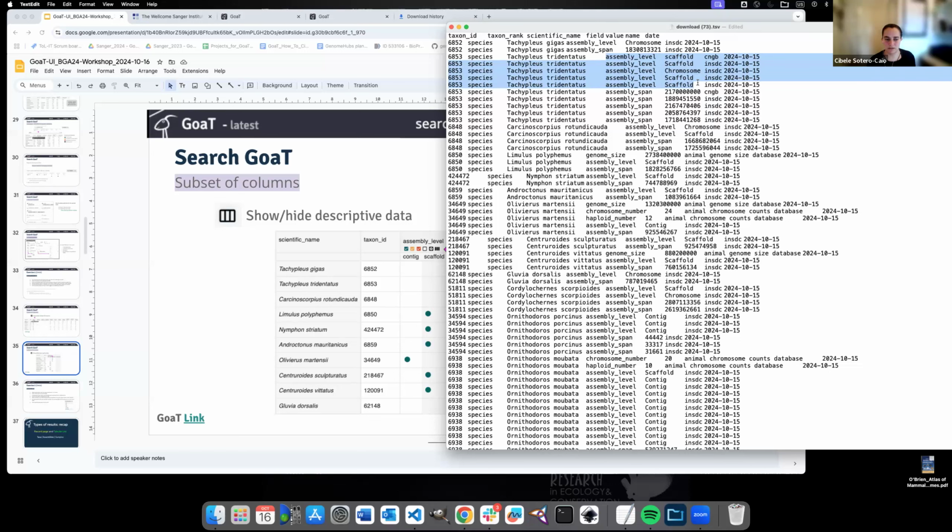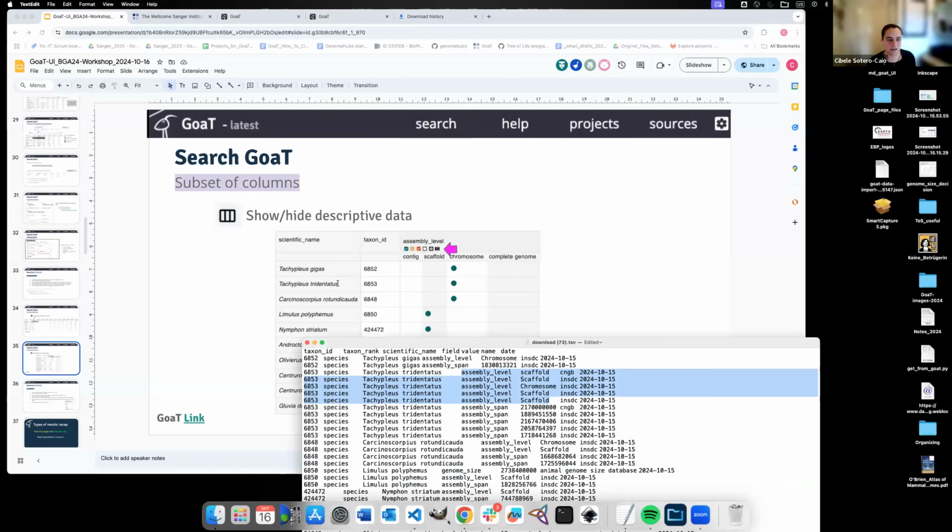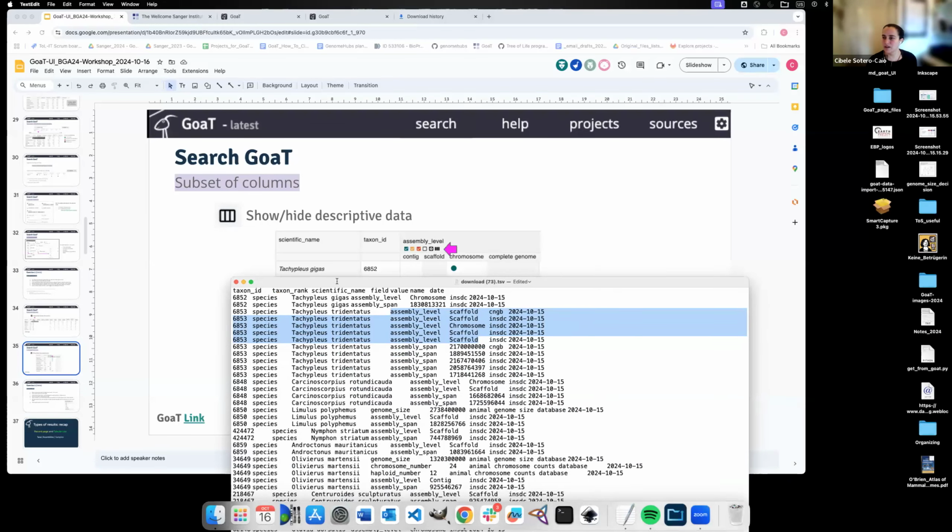So what Goat does is usually it will show you the summary. So see here in the table the best quality one or the one labeled as primary or reference genome assembly. Of course, there are a lot of others with scaffold. You can find this information in the records page and you can see a list of all of them.